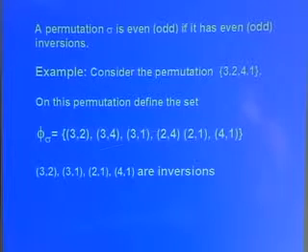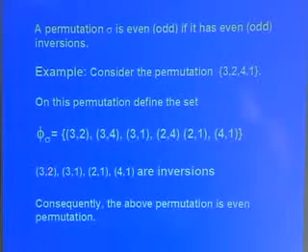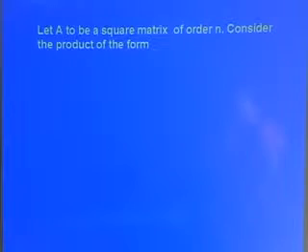Now if we consider the number of inversions in this, then (3, 2) is an inversion because P is greater than Q. (3, 4) is not an inversion. (3, 1) is an inversion because 3 is greater than 1. Similarly (2, 1) and (4, 1) are inversions. So in this set we have in all 4 inversions, and consequently the above permutation is an even permutation. Now we consider a square matrix of order n,